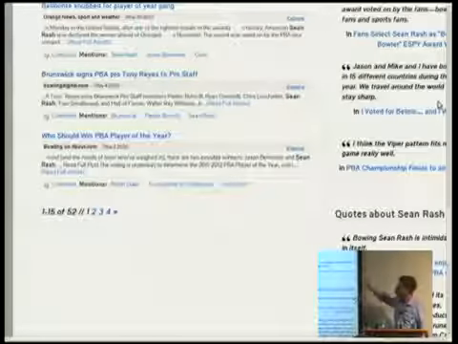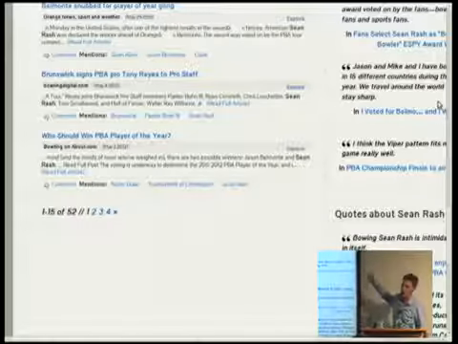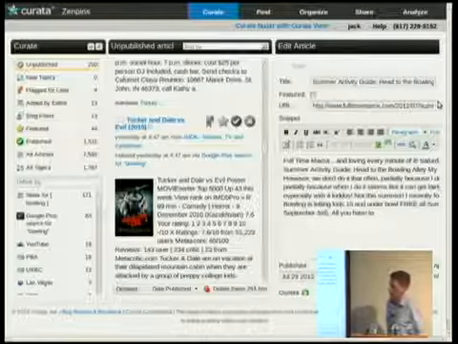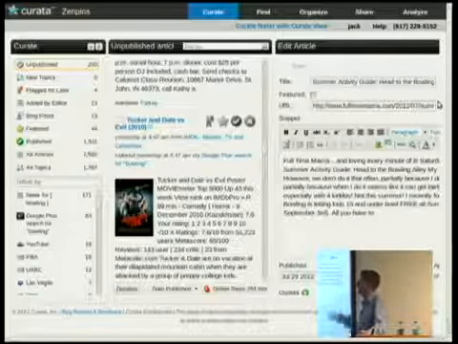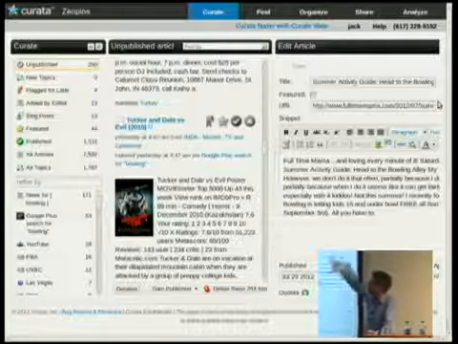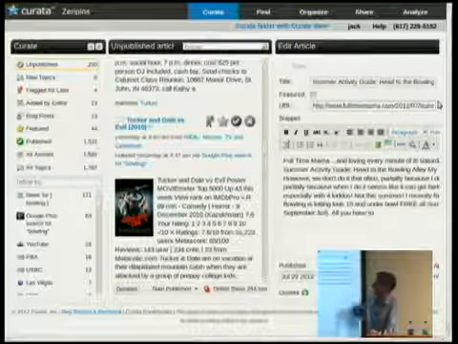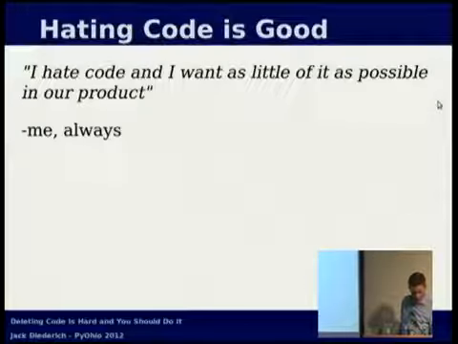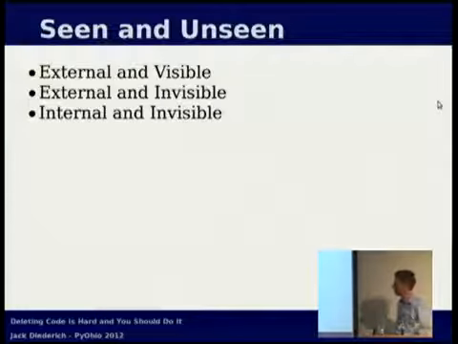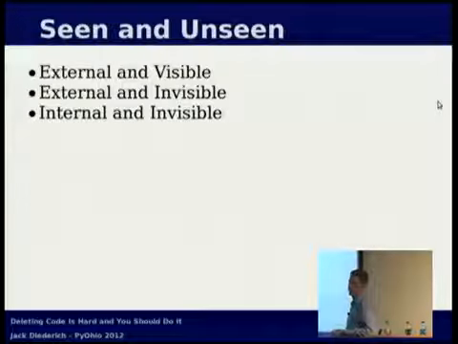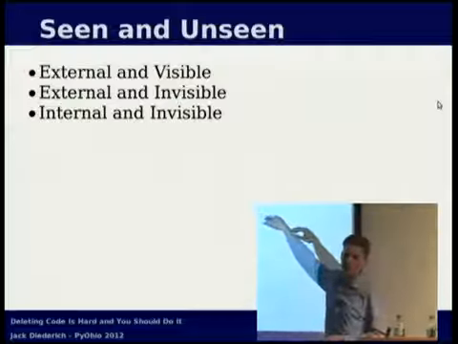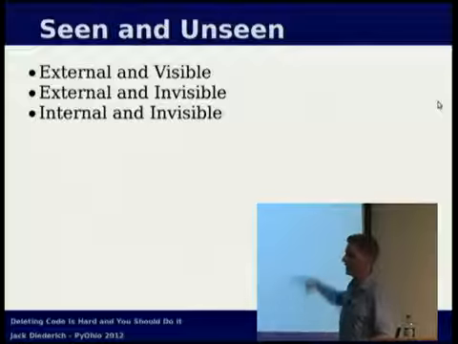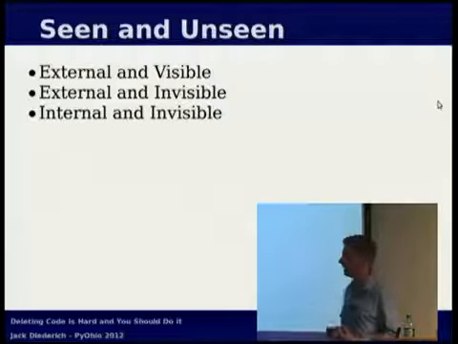So the web front end is fairly straightforward, and this is all Django, Python. The back end is a little more complicated and JavaScripty. This is all done in XJS, and this is kind of where they go to approve things, edit the blurbed quote, change the link to the source. So that's all the scene stuff. That is external and visible. The front end is what the visitors to our customers' websites see, and that dashboard thing is what our actual paying customers see.